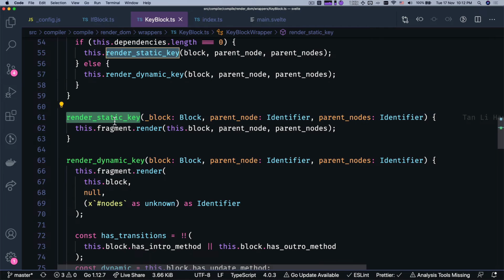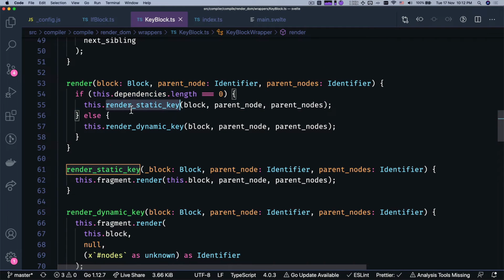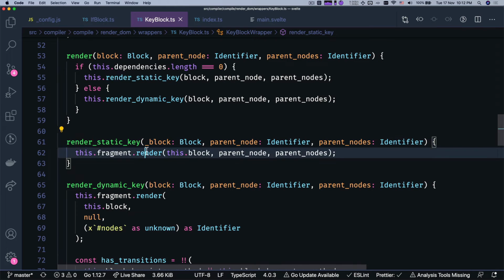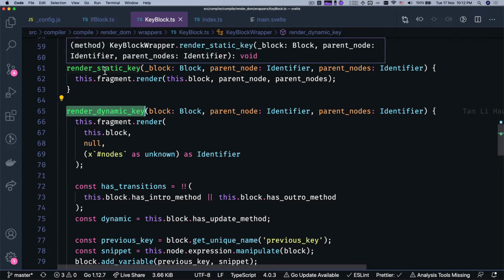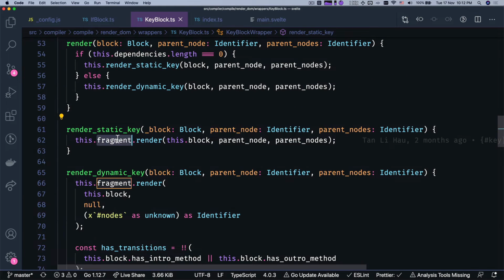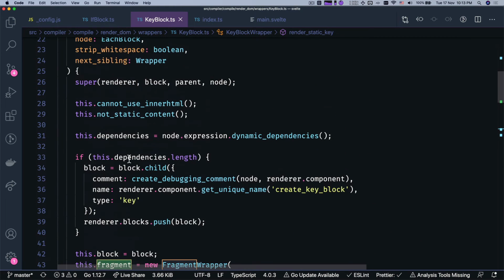So this is what I said. When I implemented this, if there are no dependencies, I'm going to render statically. Render static key, which means that I am not going to create a new block. I'm going to render everything in the block, just to save a few bytes of code. And if it's a dynamic key, yeah, so the case is render static key. Fragment render this dot block. This dot fragment wrapper